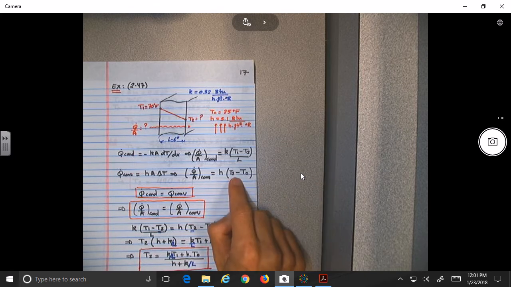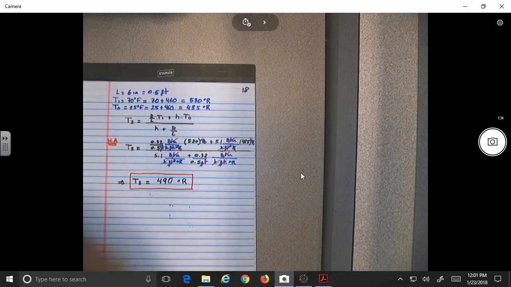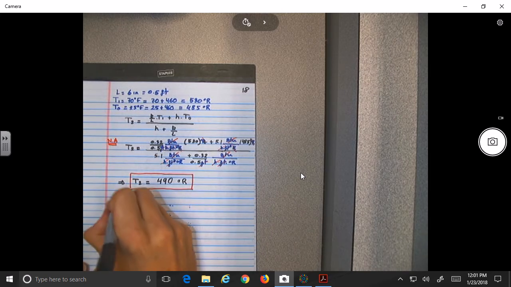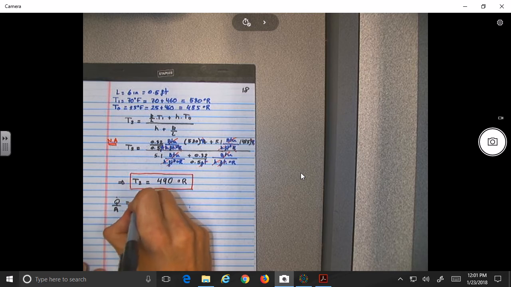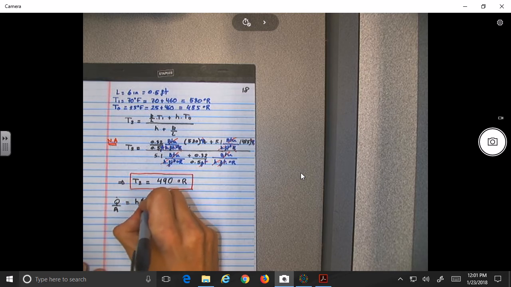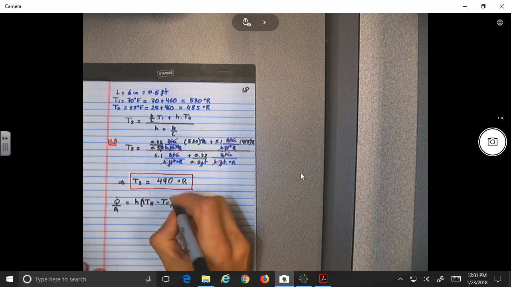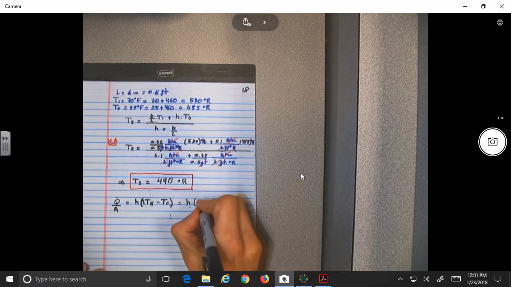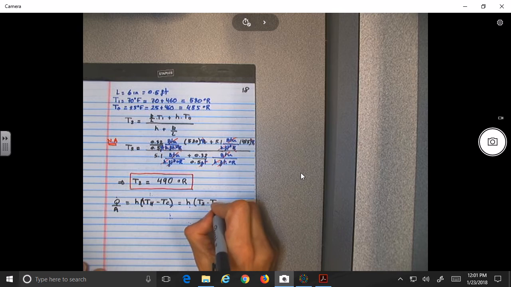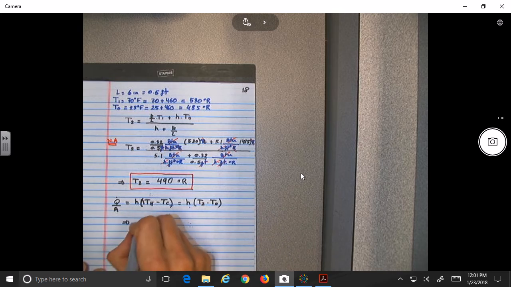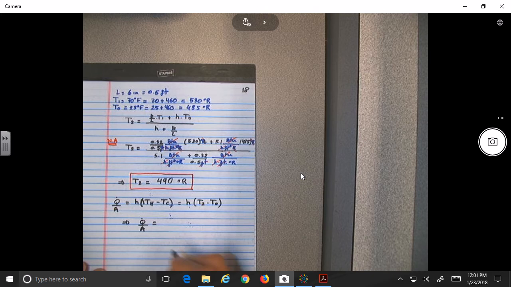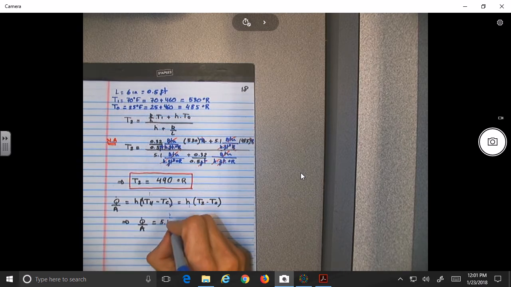Probably the second one, no? All right, so let's say second part, Q dot over A is equal to T hot minus T cold, which in this case is equal to what? T2 minus T naught, no? So Q over A is equal to H, which is 5.1. Let's put the units one more time: BTUs per hour foot square Rankine